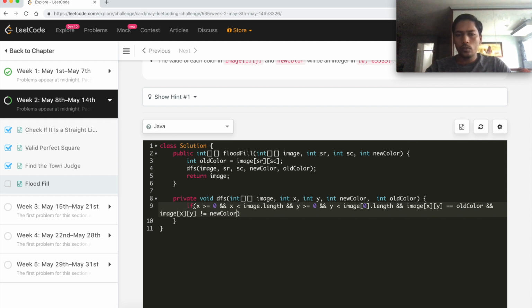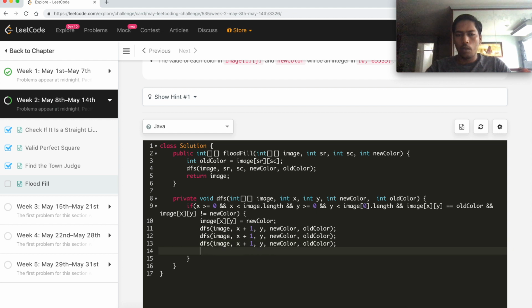If this holds, then we first update the image coordinate X comma Y to the new color, and then recursively call the DFS of image, x plus 1, y, new color and old color. We can copy paste this four times for the four directions.